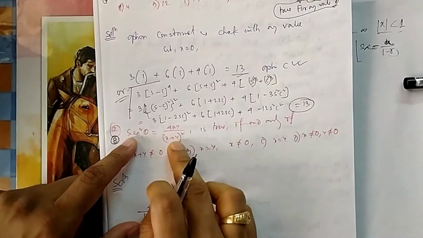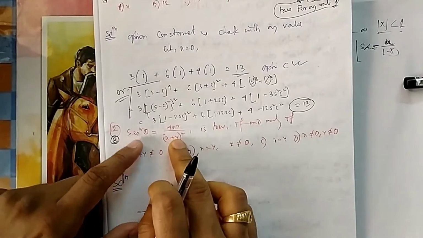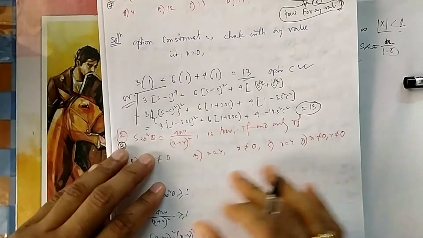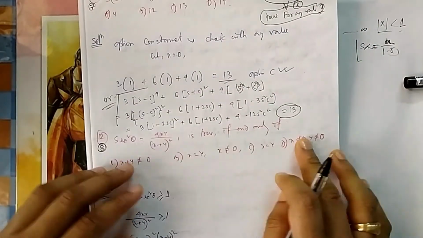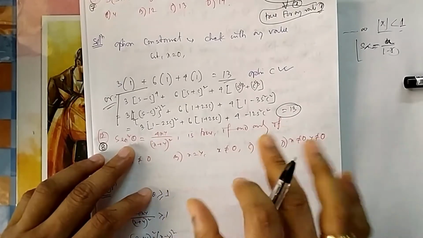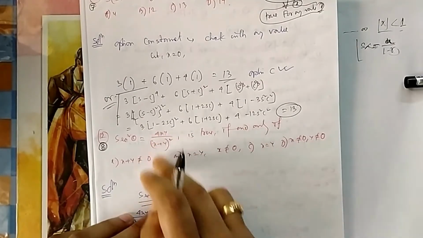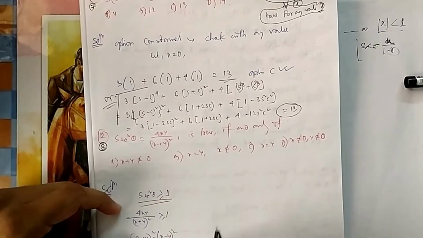Now if you see this one, we have already seen it in JEE Main questions, but it is different. That was sine, this is sec. So the idea remains the same. That is why these important questions are very important to go through. Now if you see again this one, what is sec square theta? Sec square theta should always be greater than or equal to 1. Here it is done.